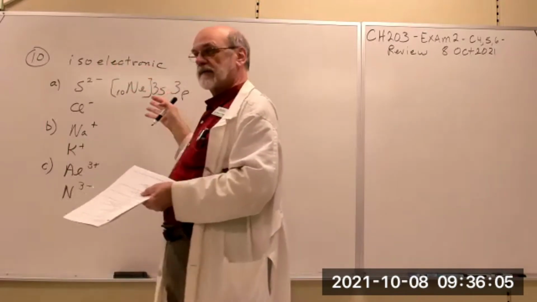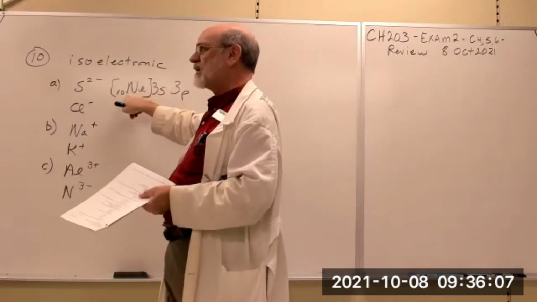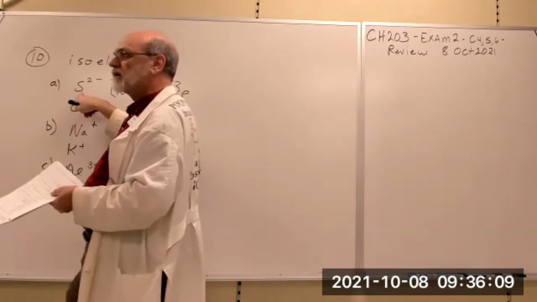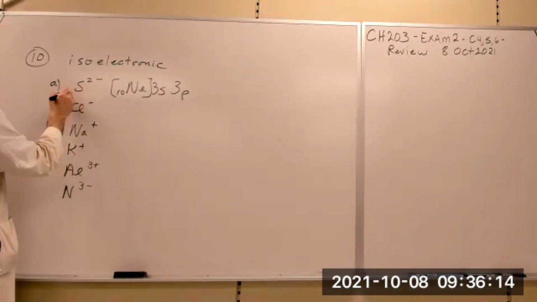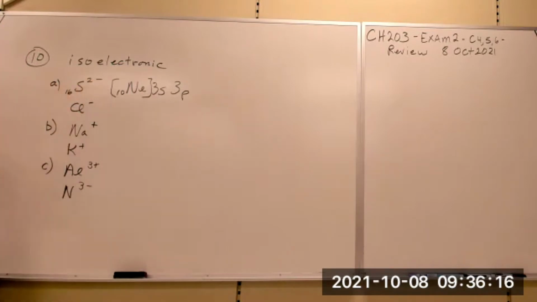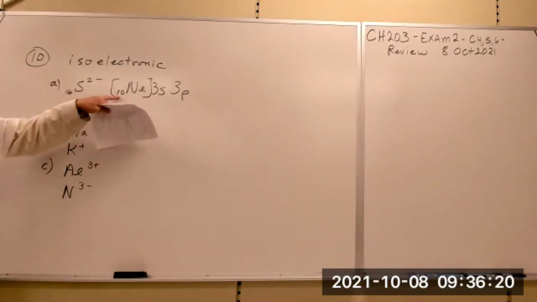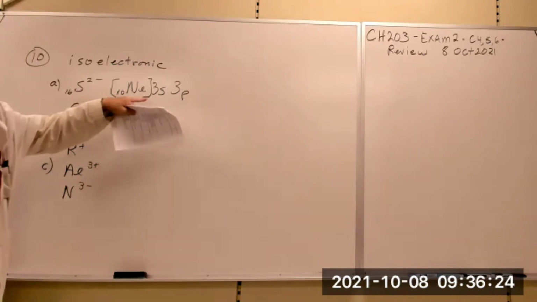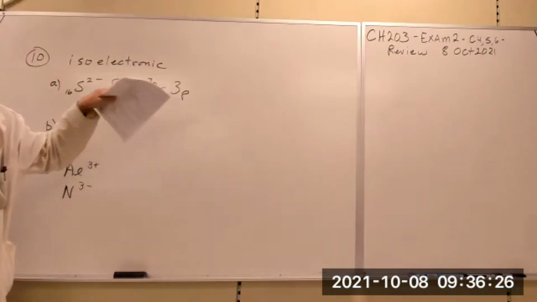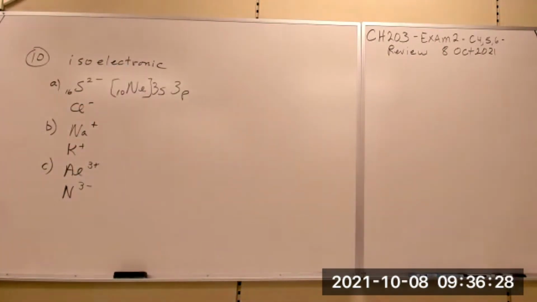So that's all we need. I've got 10 electrons used up here, and sulfur 2- is 16 plus 2, which is 18 electrons. The neutral would have 16. The 10 are used up in the neon core, and then we move to 3s. That's why it's important to study how the periodic table is structured, because it relates directly to these